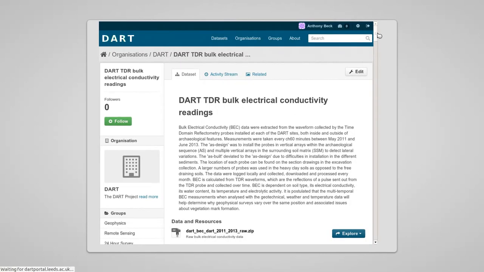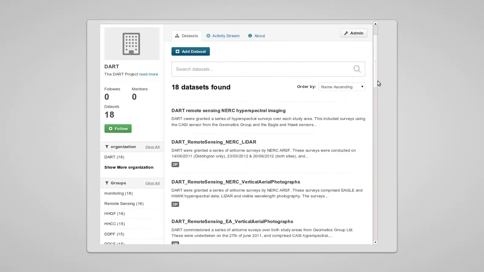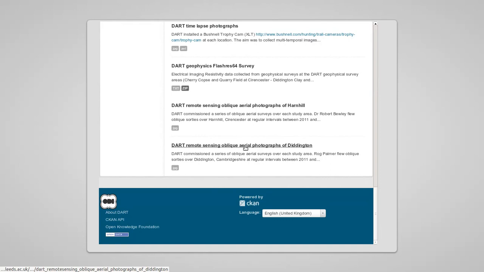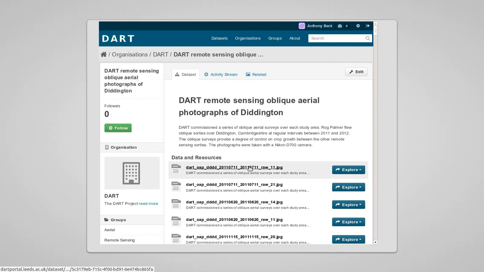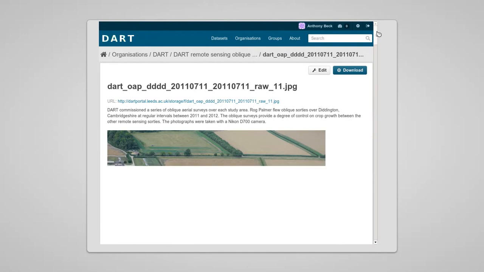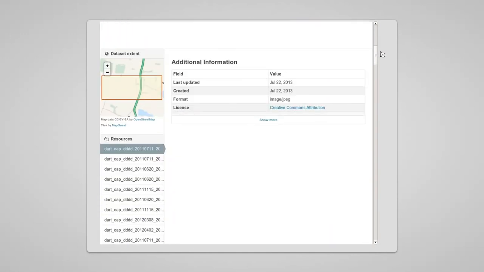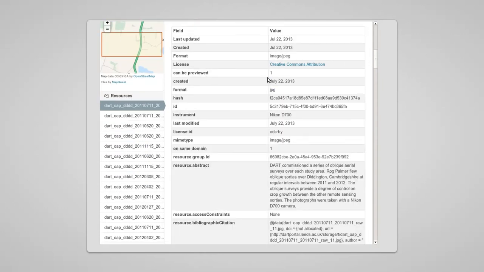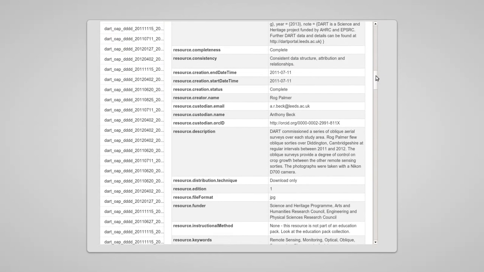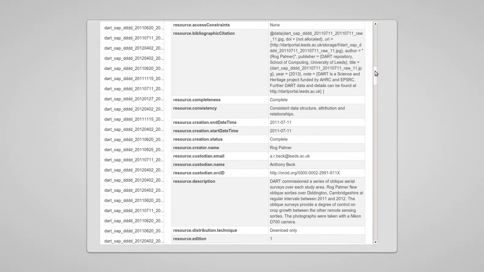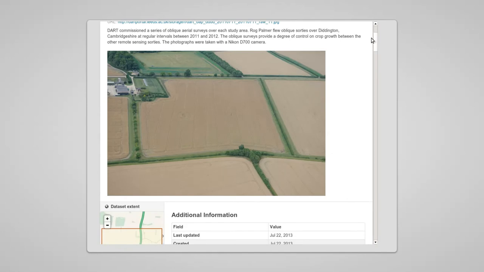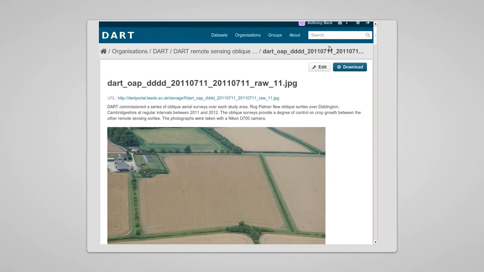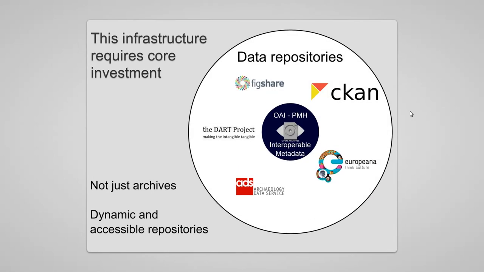I'll go and have a quick look at, oh yeah, okay, and so you can go in and see here one of your oblique aerial photographs, location of where that image was taken, it's under a Creative Commons license, so on and so forth. And this is an ODbL BY because I see this as a data resource and not as an art resource.